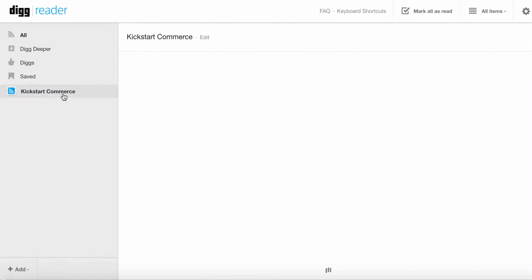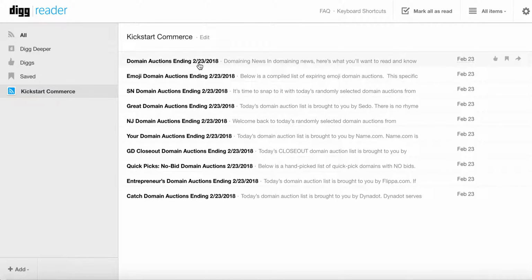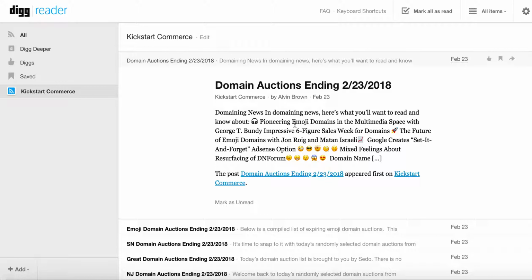And then once you click to the left, you can see all of the various daily auctions that I put out. And so for me, I share a list with my users and just the Kickstart community on a daily basis of expiring domains. And so, for instance, if you were to click here, you'll see a little synopsis of what the post is about,